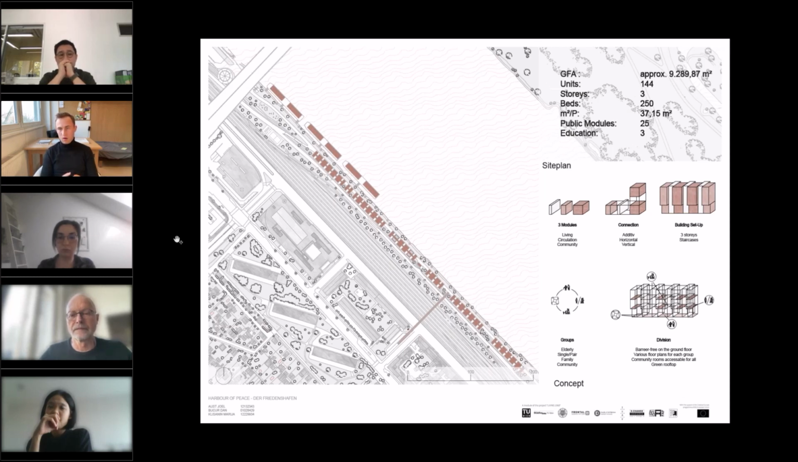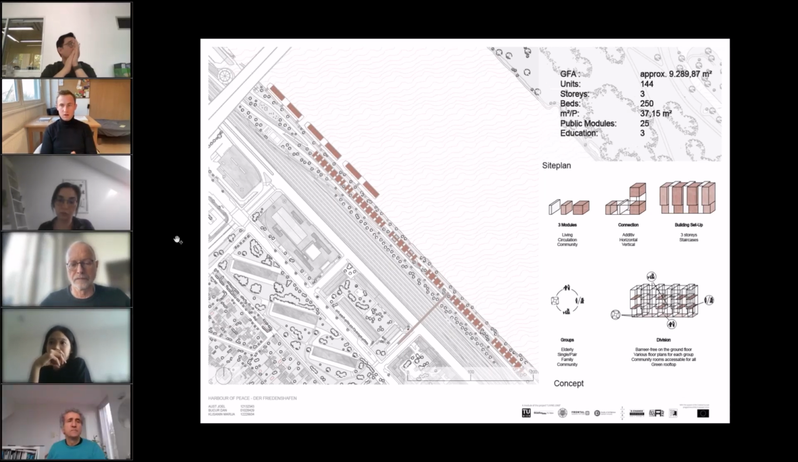And on the right side, you can see some figures. We have 144 units, 250 beds, and these ships are 3 types of education. And down there, you can see the groups of people we are focused on. We have elderly people, single or pair living, family, or the whole community as the place. And on the next page,